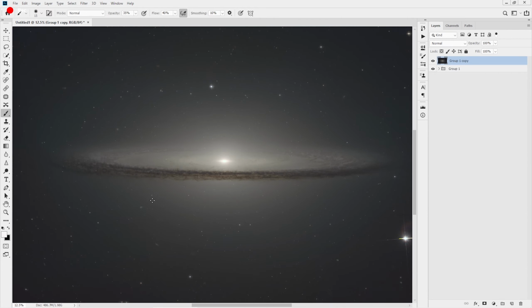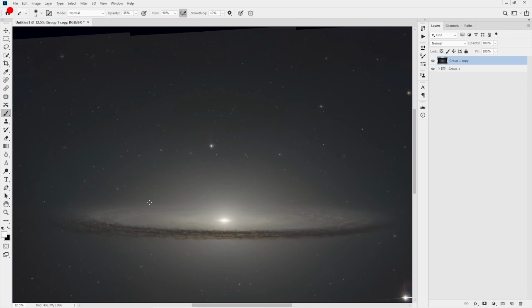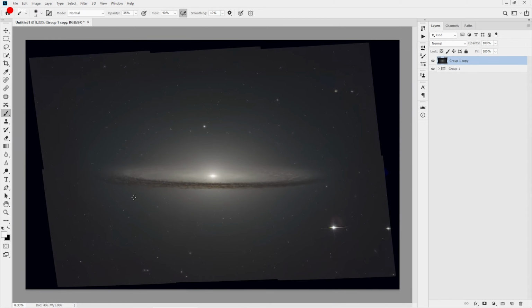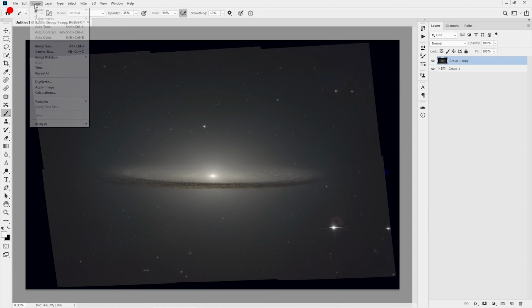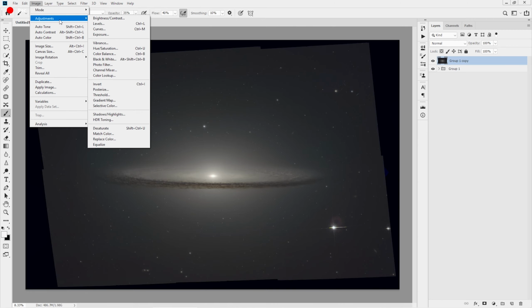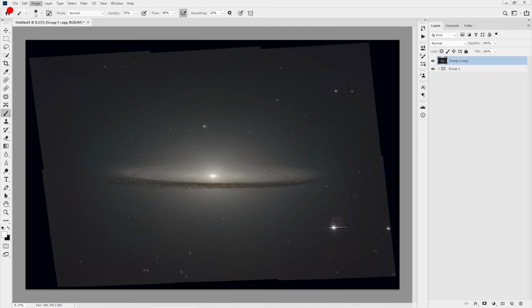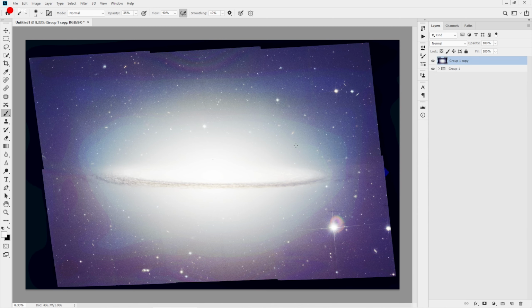I just now need to make a fine adjustment. After that, you will see it's good. I will take care of this by checking whether there are some gradients over here or not. I do an equalize and see that there are a lot of blues and some red over here. So now I'm going to take care of the gradient. We have to keep on checking whether there are gradients or not. There is advanced software that can sense it very well and solve it easily, but I prefer to do it in Photoshop also because Photoshop gives you a lot more flexibility with the things that you can do.